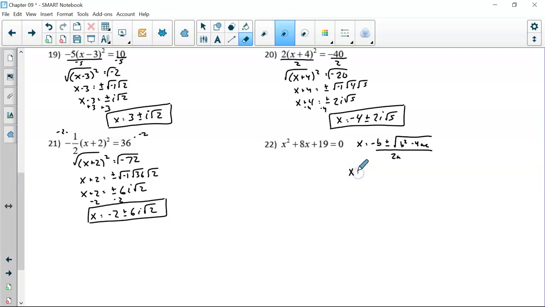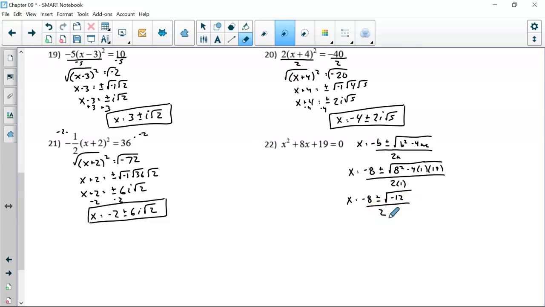So x equals, the opposite of 8 is negative 8, plus or minus the square root, 8 squared minus 4 times 1 times 19, all divided by 2 times 1. So x equals negative 8 plus or minus the square root. So it's going to be 64 minus 76. So we're going to get a negative 12